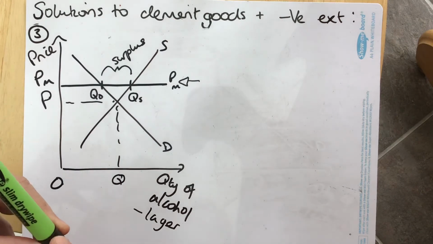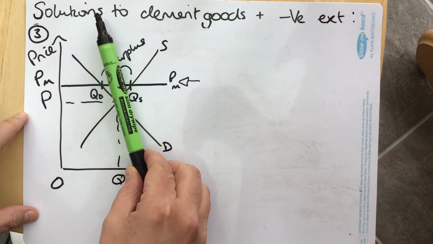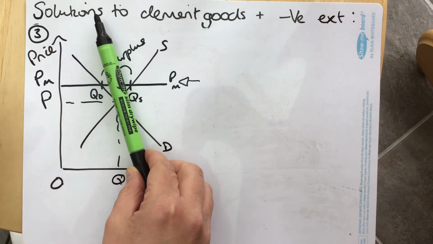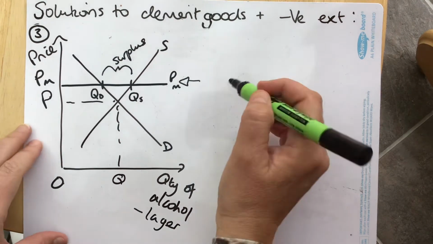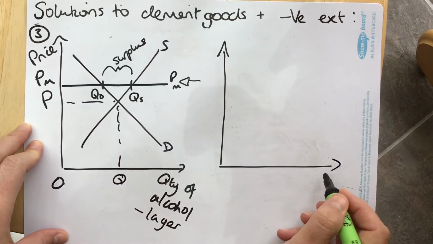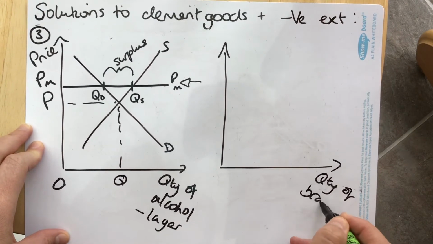What will also affect how much impact it has is obviously the elasticity of demand for that kind of alcohol, because the more inelastic it is, which often it is for alcohol, the smaller the effect there will be on the quantity that's actually going to be bought by people. But this is a diagram that does show you how it might have an impact on a marketplace for cheap alcohol. Now, if we take some of our more expensive alcohol, I don't know, quantity of brandy maybe,